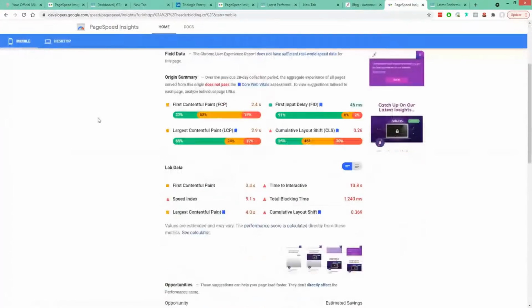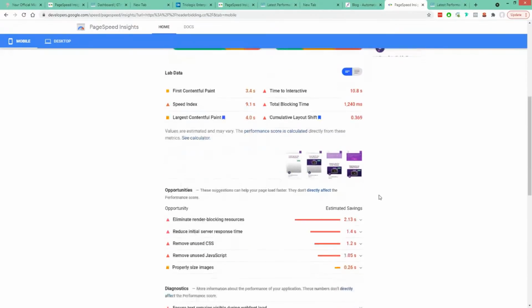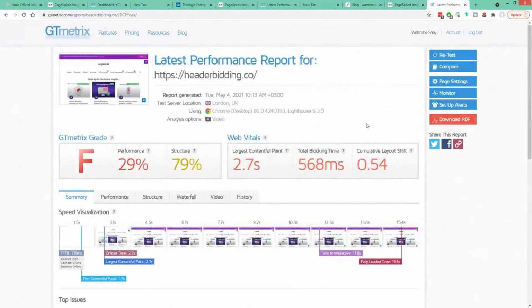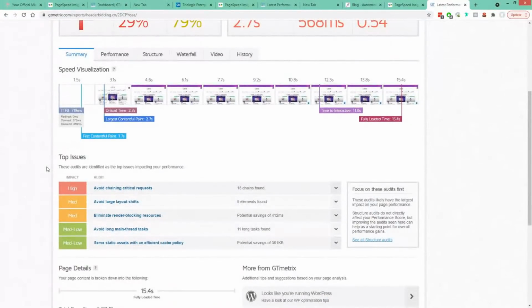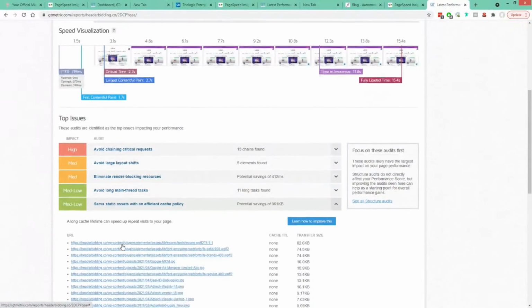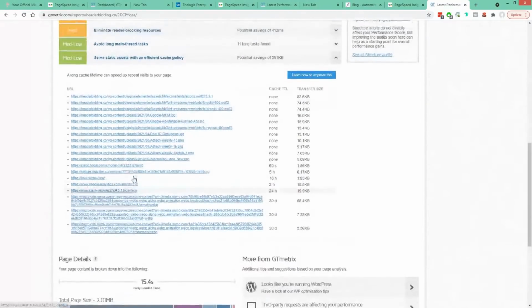Okay. Again, LCP. We can see here in the small images, you see this one is shifting down. This is causing CLS. Very, very easy to see the CLS here. Okay, and on top, there are some issues. For example, this is something related to